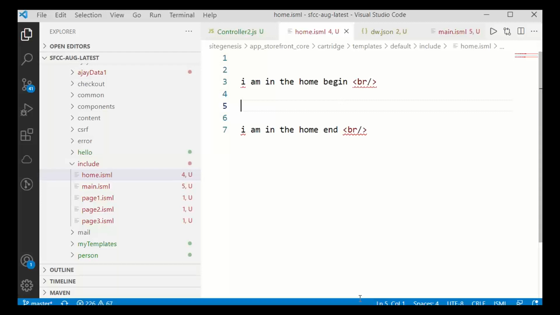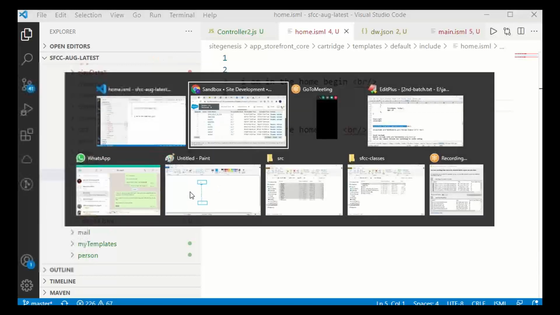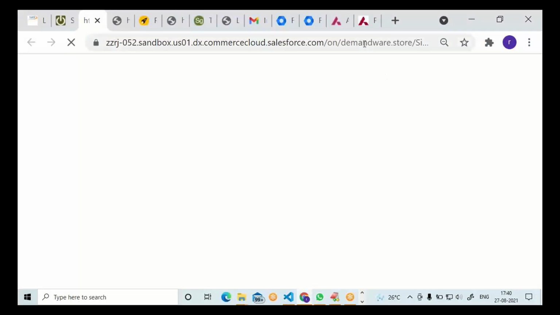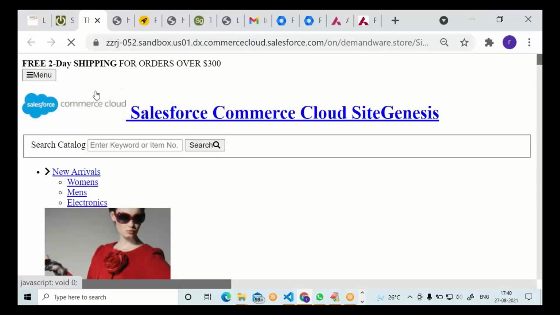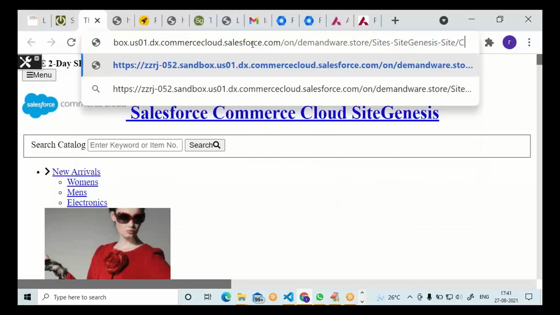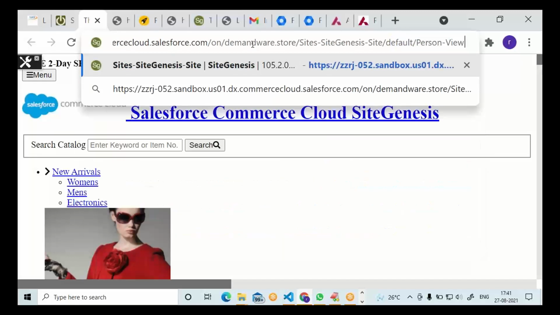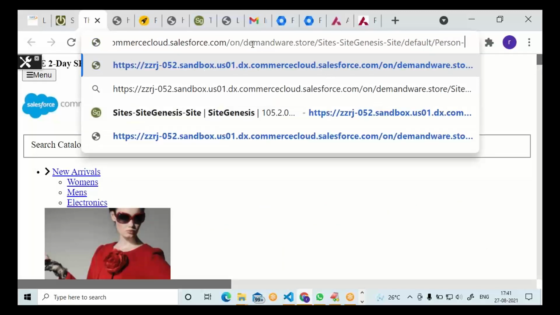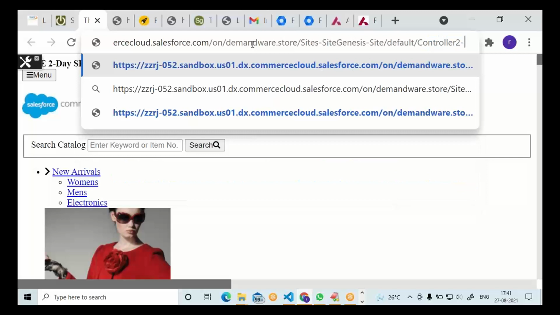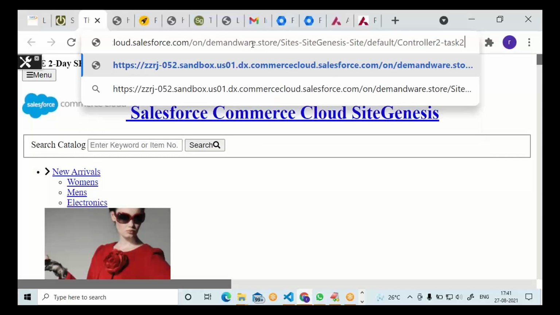First check this out. Controller 2 task 2.